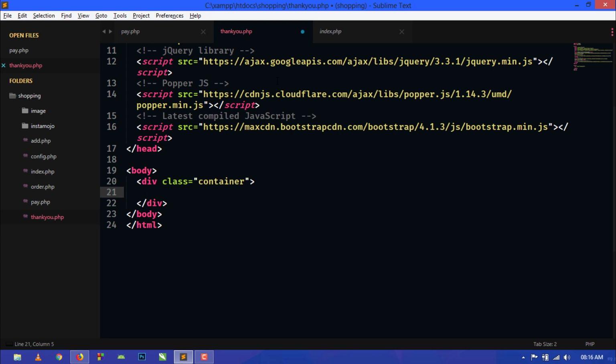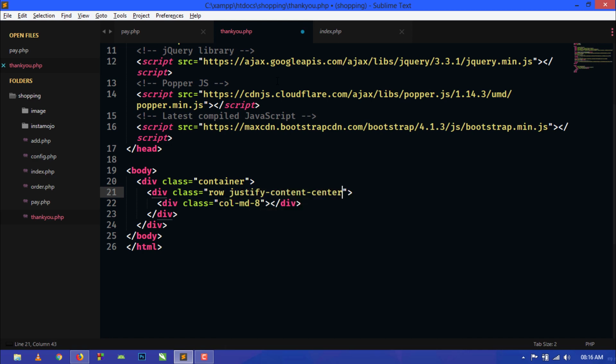Inside this container I will create a row, and inside this row I will create a column, col-md-8. Now here I will use justify-content-center for centering the div, and inside this I